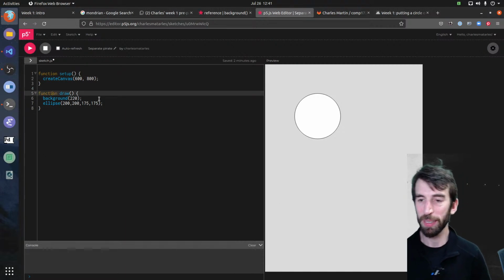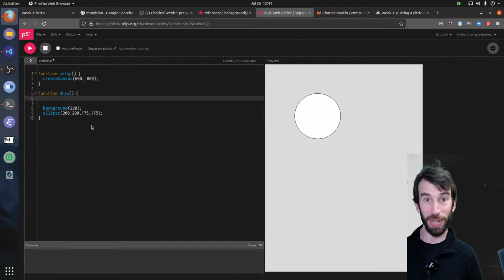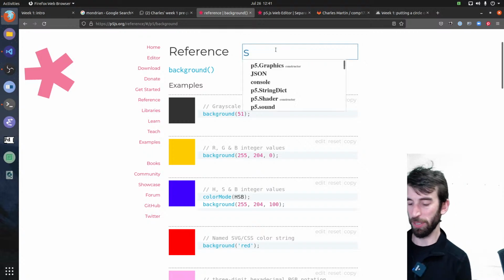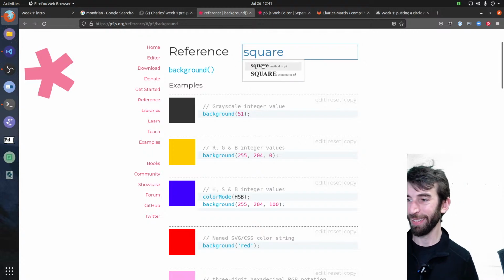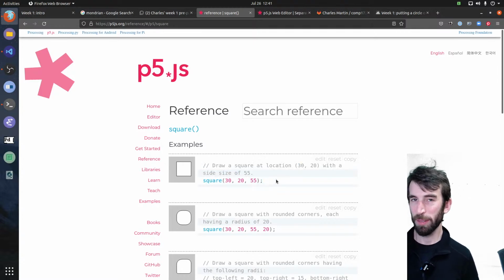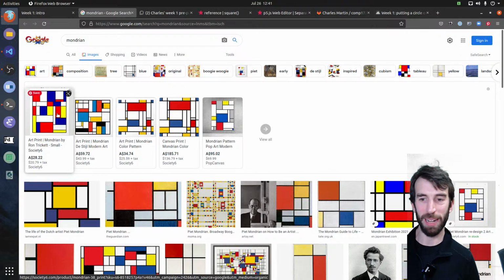Cool. And in the style of Mondrian, we're going to be using some squares. I haven't told you how to make a square yet. So if I search for square here, what do I get? I do get a method that says square. But some of Mondrian's artworks are not squares. They're actually rectangles, aren't they?